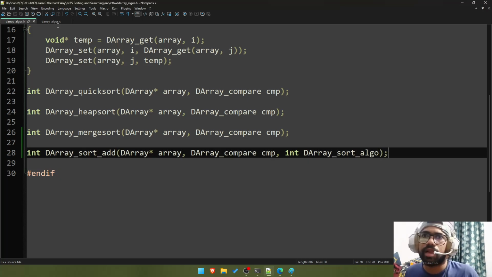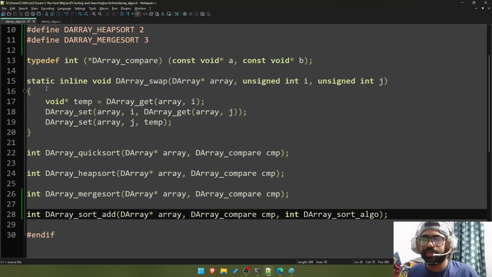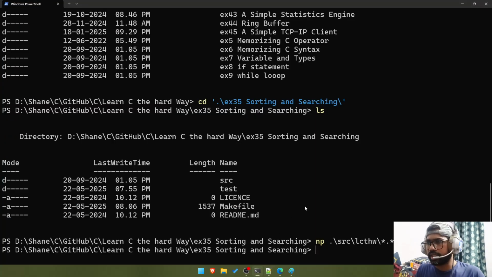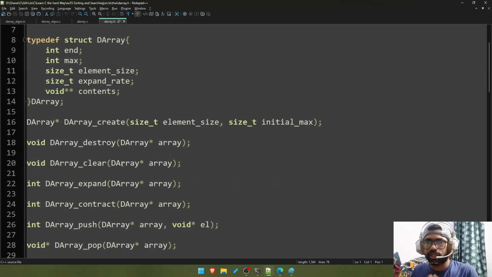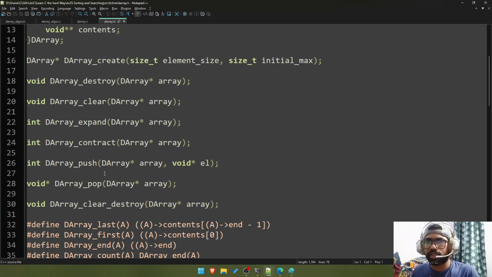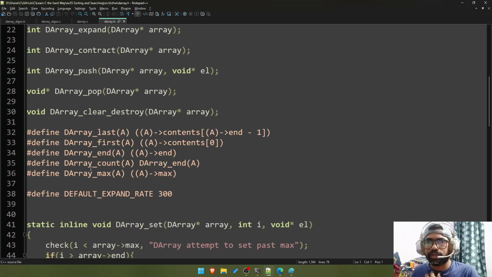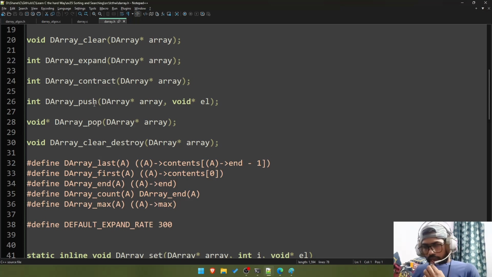Okay, so the array sort add, I would also need, let's say the array, so I have dot h, and I have this function over here, it should be add, where is add, push. Okay, the array push, so we push at the end of the,